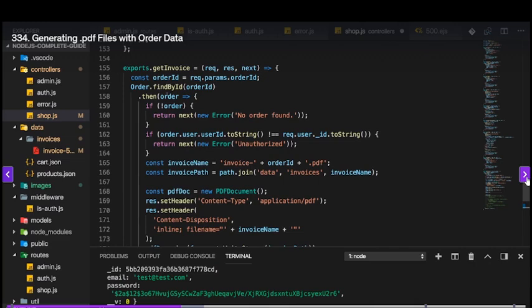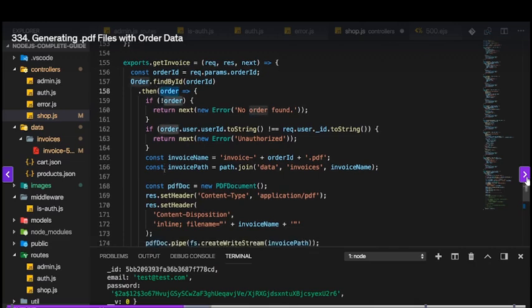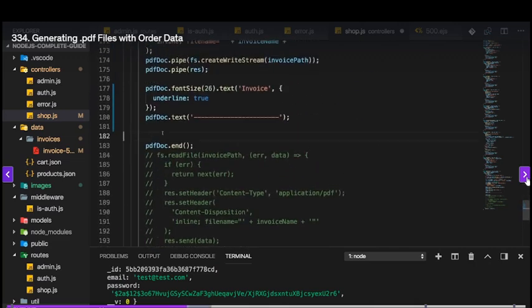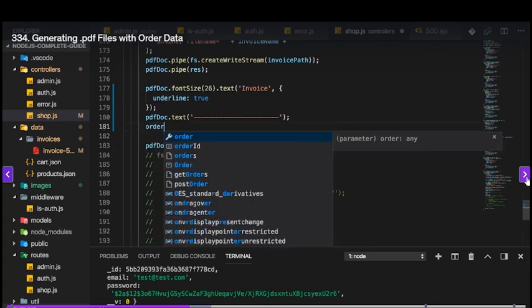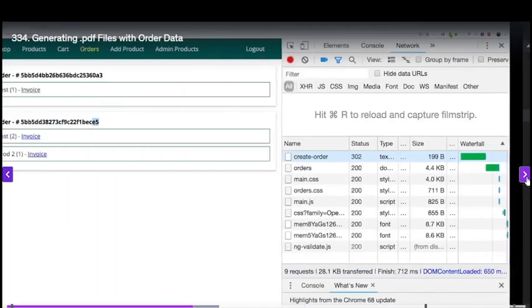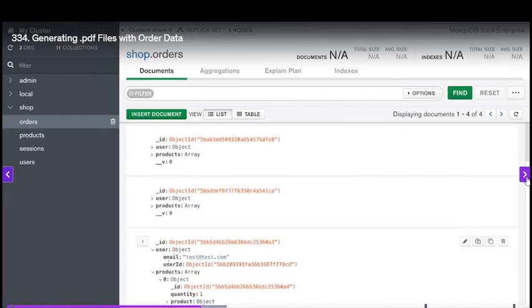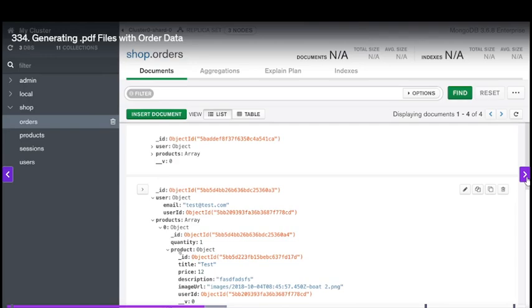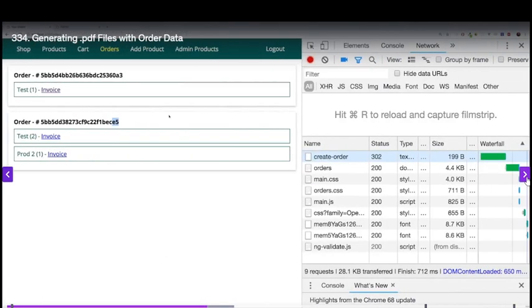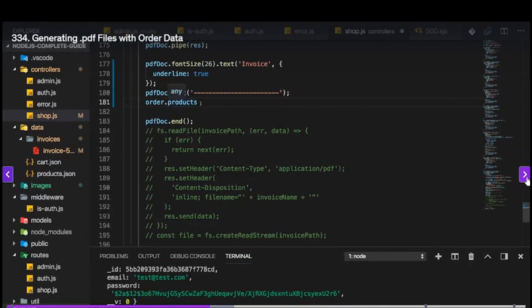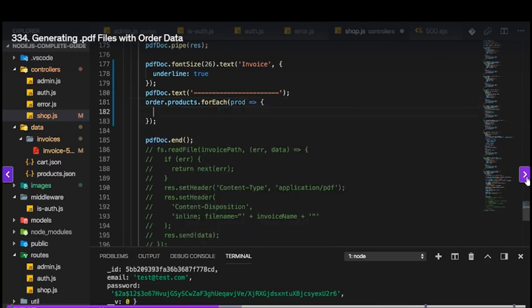Keep in mind, we already have access to the order here, since we fetched it from the database. I can access order products, and products is an array because we store this products array in the database. It will be an array of objects where each object has a quantity and then a product key with more detail information. So I can loop through my products, for example, with the forEach method, which is a built-in method provided by JavaScript. I'll then get information about my product, and I can now output